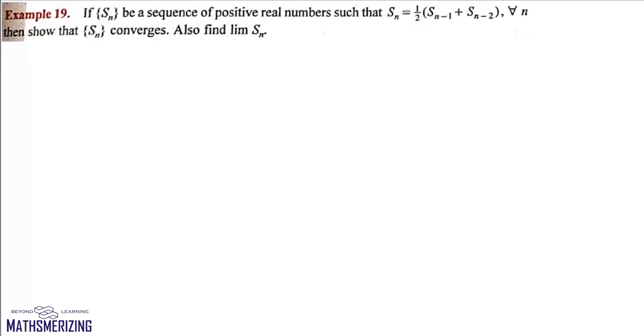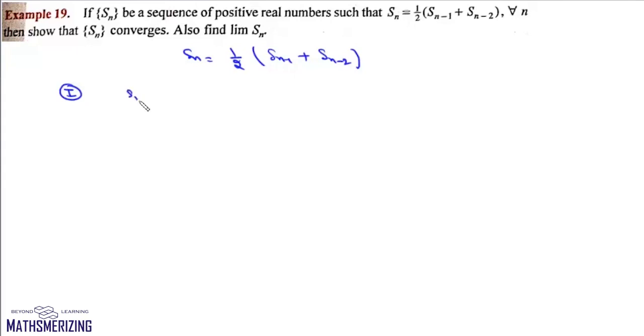Now here the question is: let Sn be a sequence of positive real numbers such that Sn equals 1 by 2 (Sn minus 1 plus Sn minus 2) for all n. Show that the sequence converges, and also find the limit of Sn. Now what we'll do is, we'll consider two cases. Case 1,